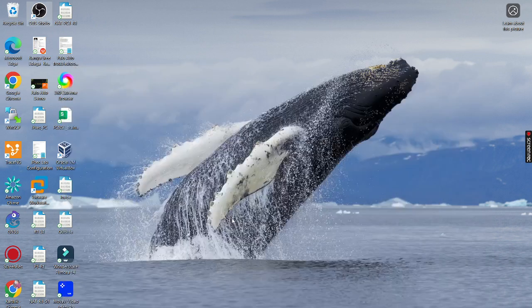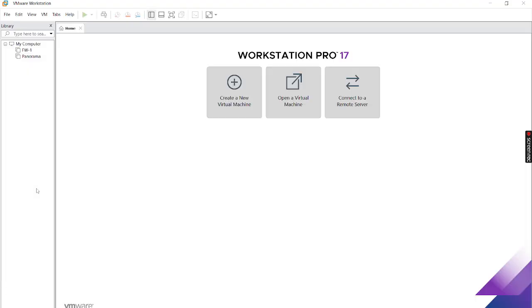If you see here, I already installed the VM Workstation. I'm just opening the VM Workstation. To install VM Workstation, just download it from the browser and go ahead and install. That's it. After the VM Workstation installation, I'm going with EVNG. We will be able to install EVNG in the workstation in two ways. You can create a virtual machine or open a virtual machine.